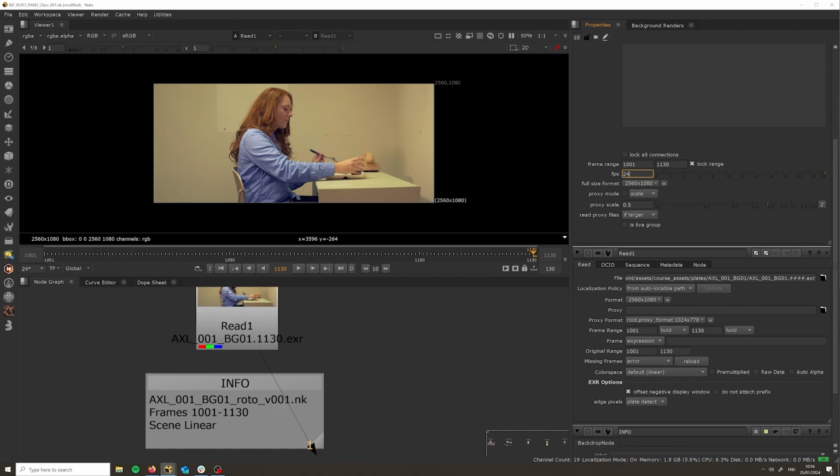But for viewing purposes, it's good to put that. And then the full size format is 2560 by 1080, which should match this. It's super important to make sure this is correct before we do any rotoscoping work, because the tools we're going to use